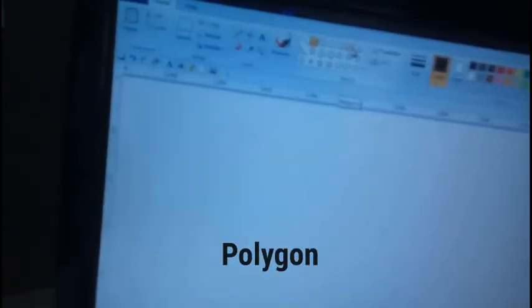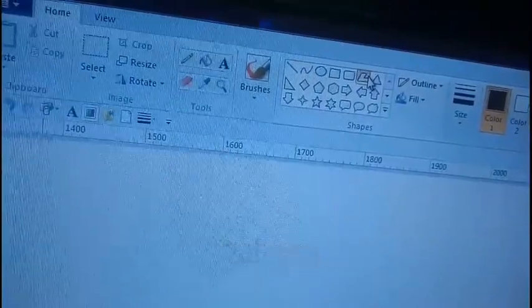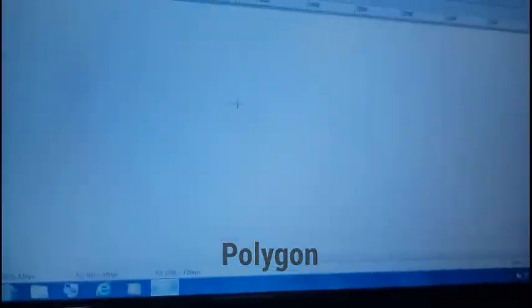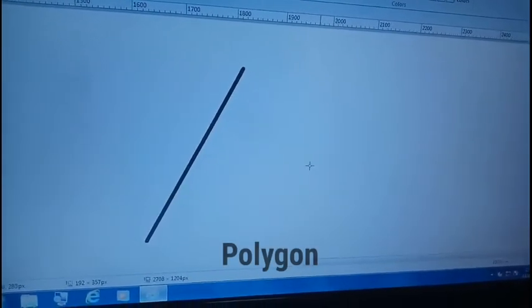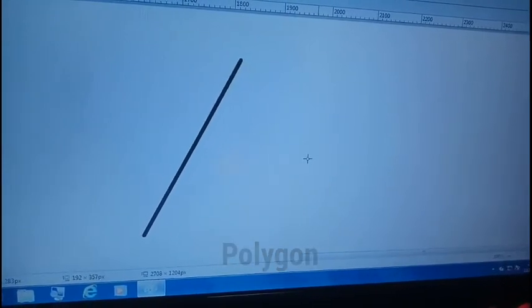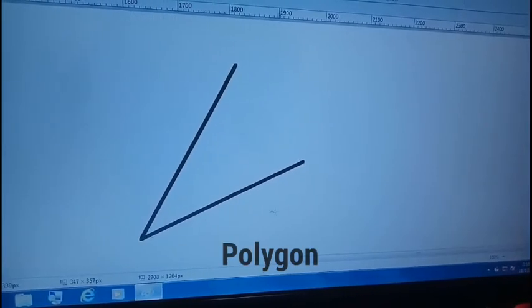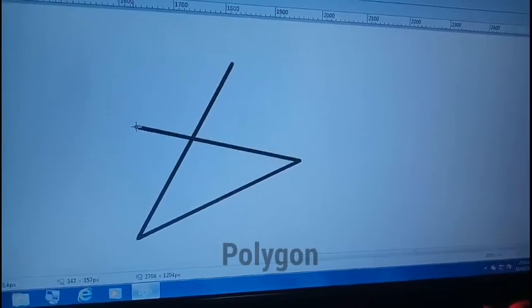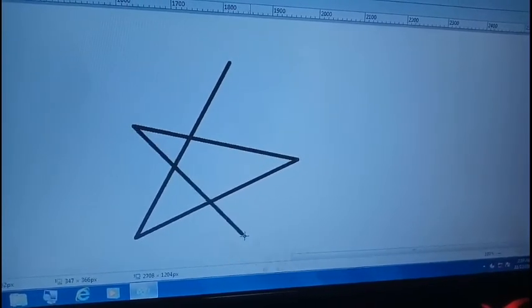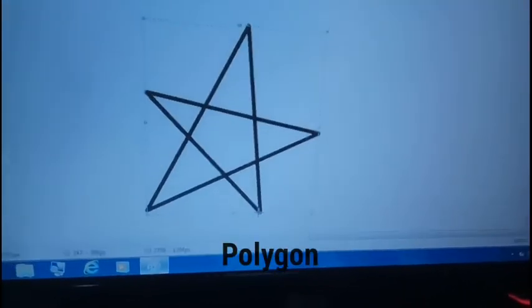The use of the polygon tool. First I will click on the polygon tool, which is this one. I'll bring my pointer to the drawing area. I will drag, get a straight line. I'll bring the pointer to an empty area and I will click, and a line will come joining this last point with where the pointer was. Then I will click here, another line is drawn, click here, another line is drawn, and then double click, and our star is complete.